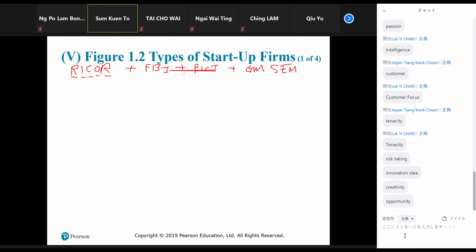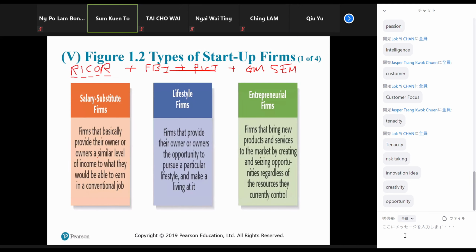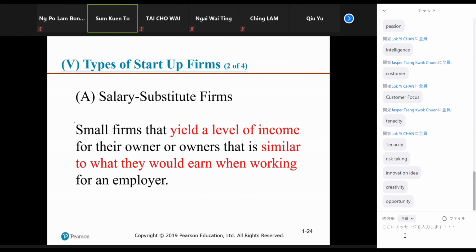All right, so what about the 3 types of firm? Let's take a look. I call it LES. L stands for lifestyle. Okay, E, entrepreneur firm. S, salary substitute firm. All right, so let's see what are the main differences. LES, salary substitute. And somehow people who go for startup after you graduate, and then